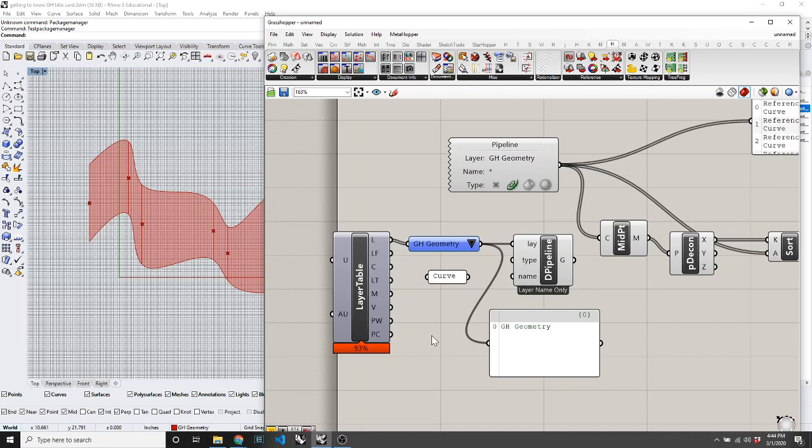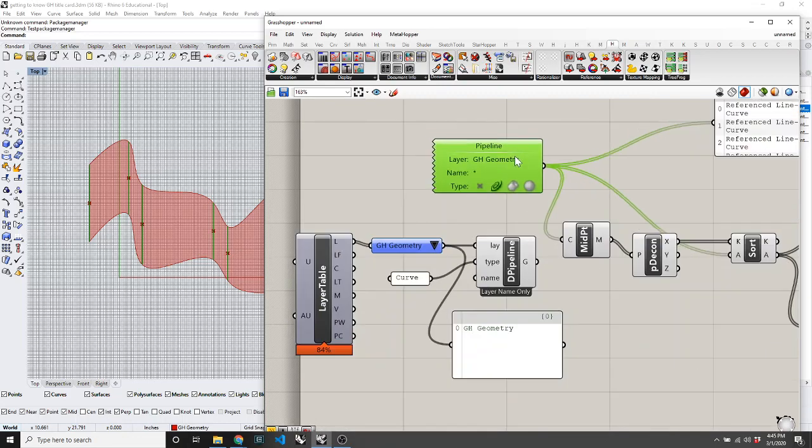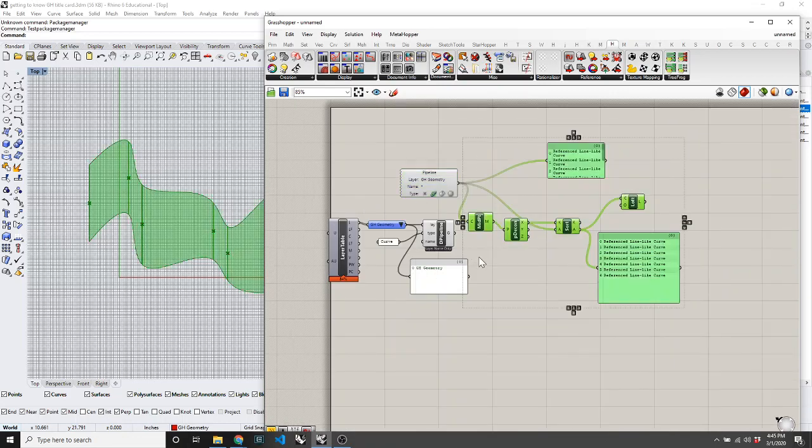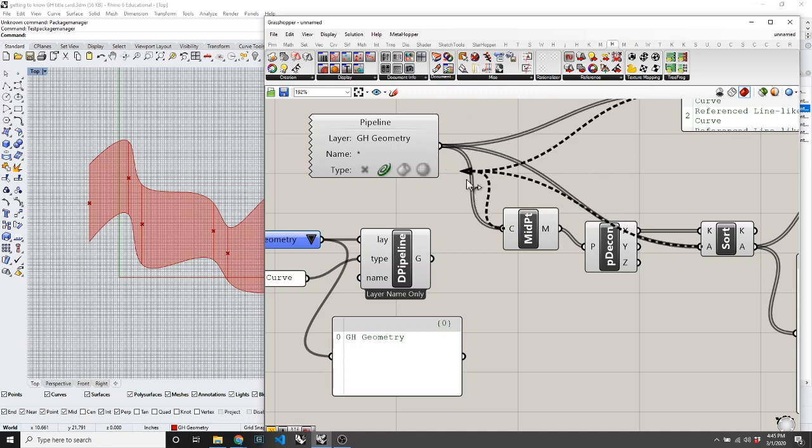So I'm using that same shortcut again to create a panel, but this time I'm doing double click and type within quotes. I'm going to type the word curve, and it's going to create a panel automatically populated with that information for me. So I'll plug that in, and this is now going to get back the same list of curves that I had before. One more little nifty trick. If I want to rewire all of these things from this output to this output, I can hold down, I believe it's, let's see, Control Shift, and then I can click on this bundle of wires and drag the whole